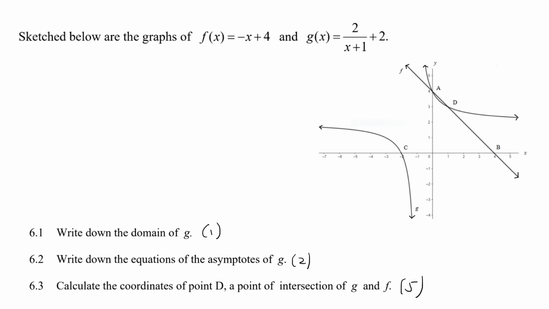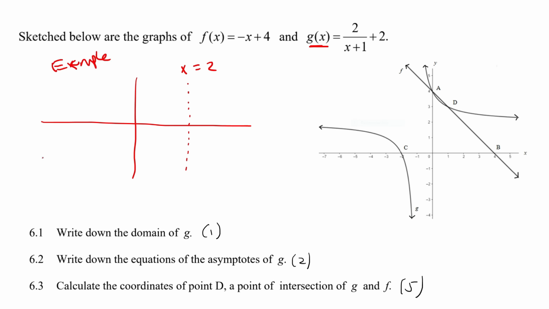Sketched below is the graph of minus x plus 4, which is a straight line, and the hyperbola. Write down the domain of g. So when you look at the domain of a hyperbola, let me just draw a random hyperbola for you. Let's say, for example, we had that, and it says here x equals 2. This is just an example. And then you had something like this, and then let's say you had that, and it said y equals